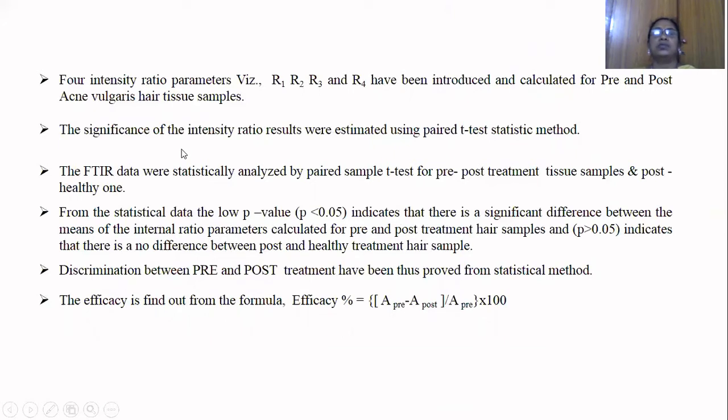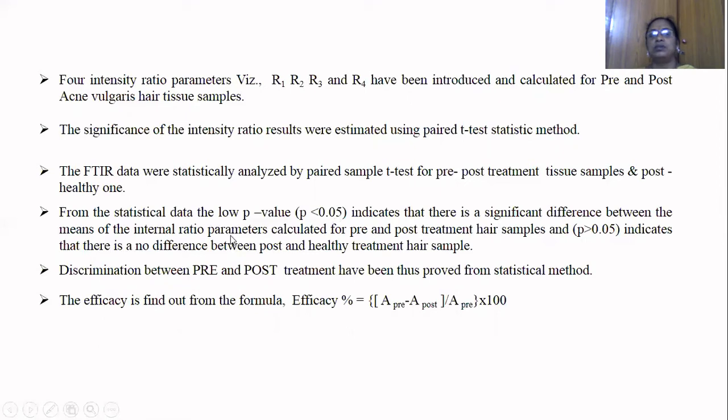And the 4 intensity ratio parameters R1, R2, R3, R4 have been introduced and calculated for the pre and post-treatment of the acne vulgaris tissue samples, and the significance of the intensity ratio results is estimated using the paired t-test statistical method for both the pre and post-treatment, and the post-treatment and the healthy ones. And we got the results: P less than 0.05 indicates that there is a significant difference